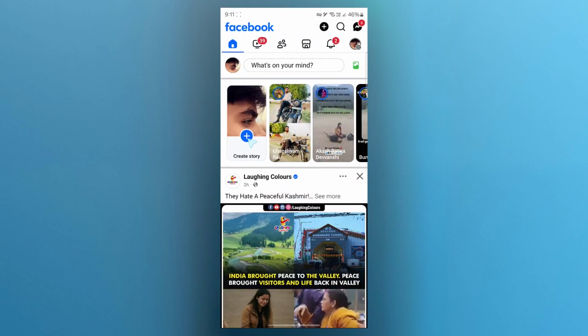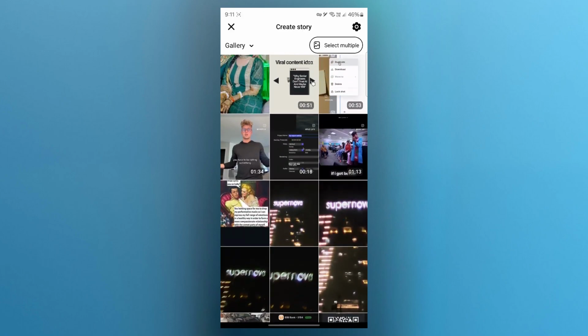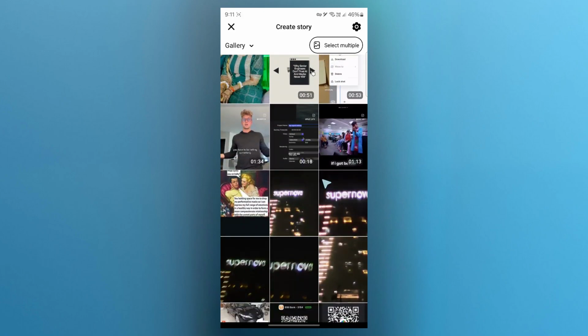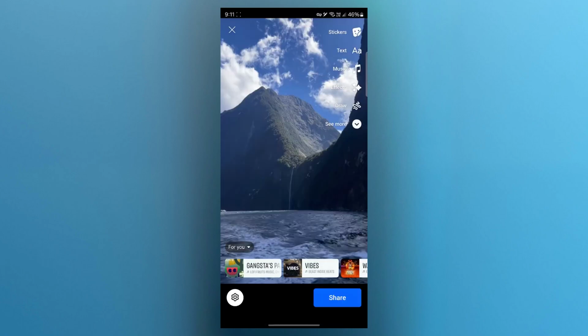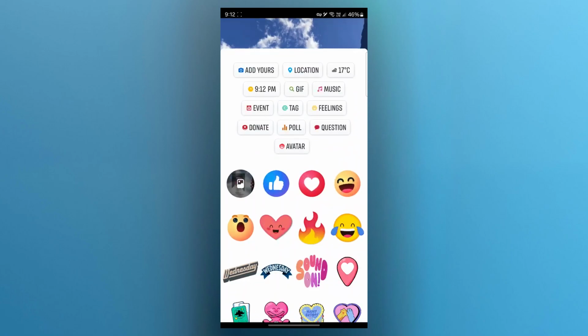Simply navigate to Facebook, click on the create a story button and that will take you to this page where you'll have your gallery opened. Now you'll have to simply choose a picture and you will have these options available on your story to edit. So you get the option for stickers where you can click on the stickers option and